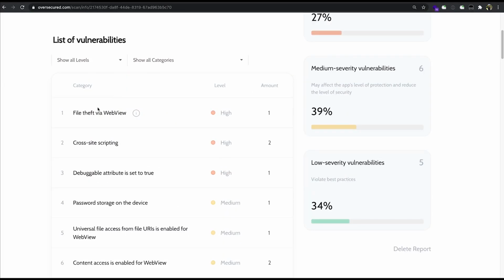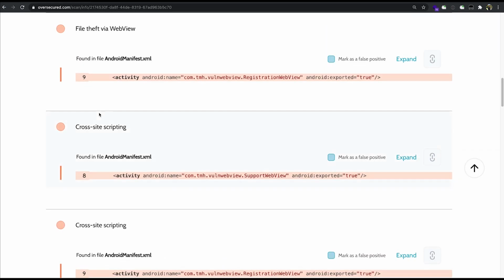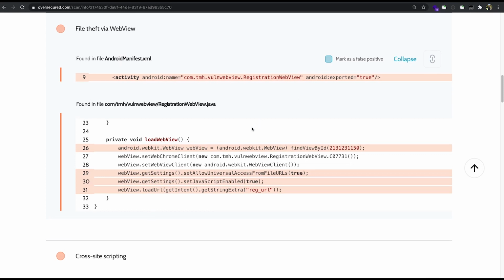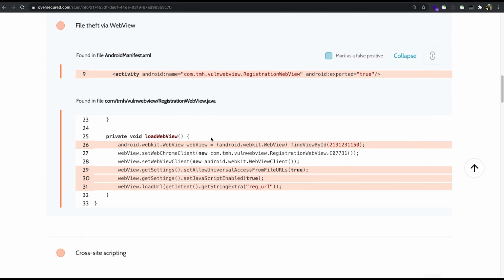Let's look at one of these vulnerabilities closely. I'm going to open the file theft via web view vulnerability, and as you can see here, Oversecured has flagged the vulnerable activity, which is registration web view, and when we expand, we can see the highlighted paths, and those are the vulnerable code.